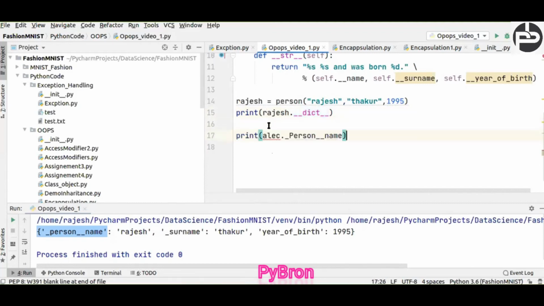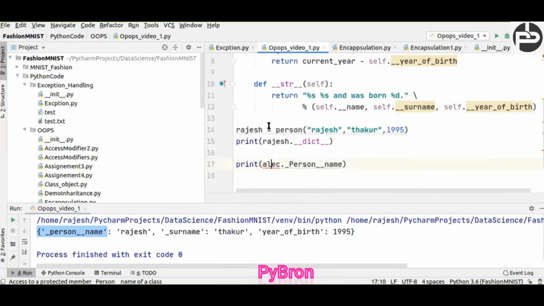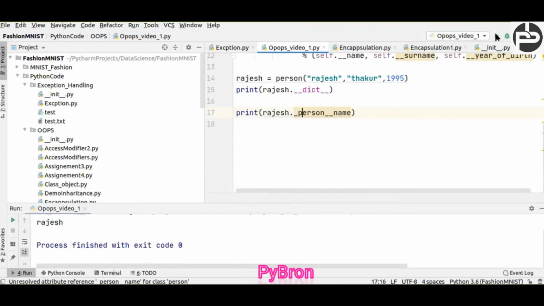So instead of calling this, here I can write Rajesh, and it should be a small p, person. Now let's see what is returned. Yes, it is returning me Rajesh, because it's private data. Name is private, right? So we have to call with underscore class name, then variable name. Okay, cool, no worry.